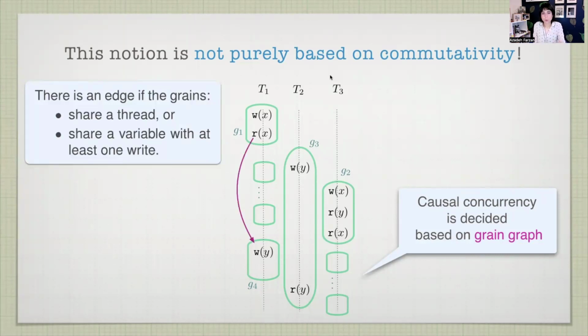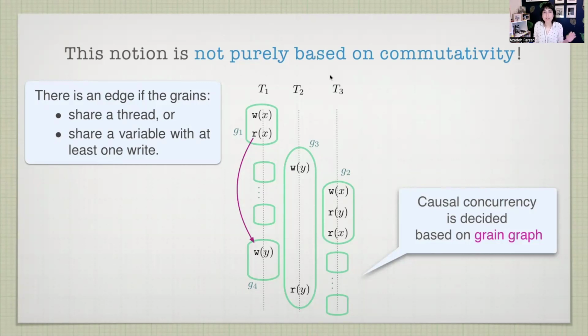I'm not throwing an edge between those intermediate events, because they're just dot, dot, dot events, but the idea stays. Everything that shares a thread would get an edge between the corresponding grains. And then if two grains share a variable and at least one of them is a write,